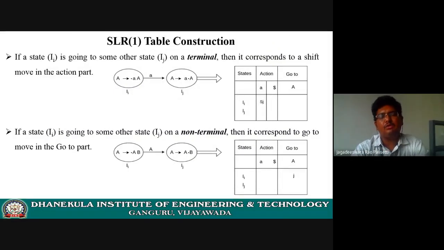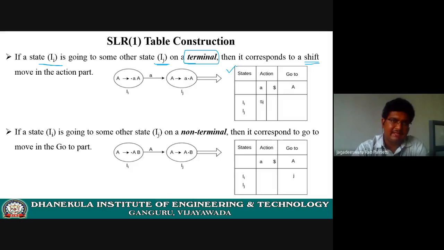In order to explain what the new point is in SLR, anyhow, I will give some diagrammatic representation of what we already follow in LR(0). So let's take a look here now. Let us consider there is a state Ii, and we are going to jump to another state Ij on a terminal. So obviously, what is the action you are going to do? Obviously, it may be a shift action. So how are we going to perform the shift action and how are we going to fill the table?